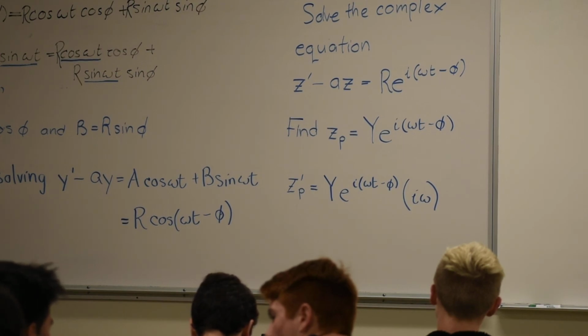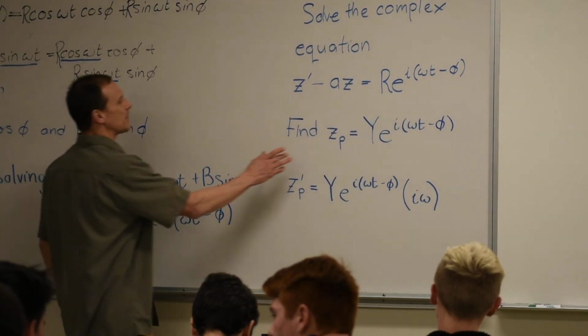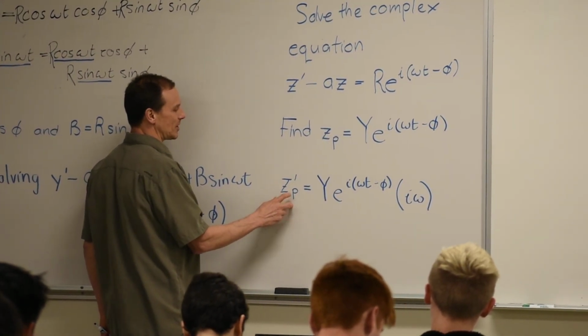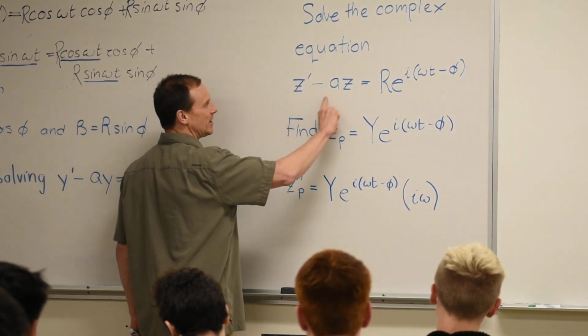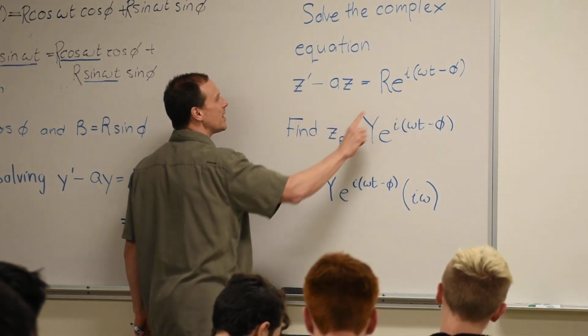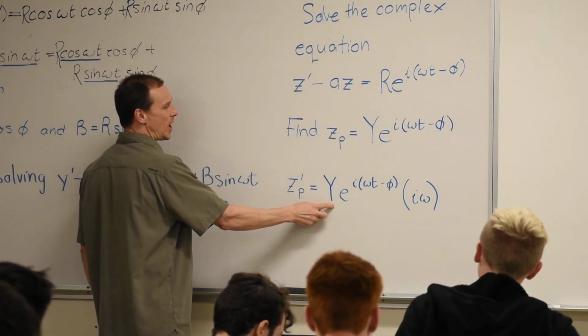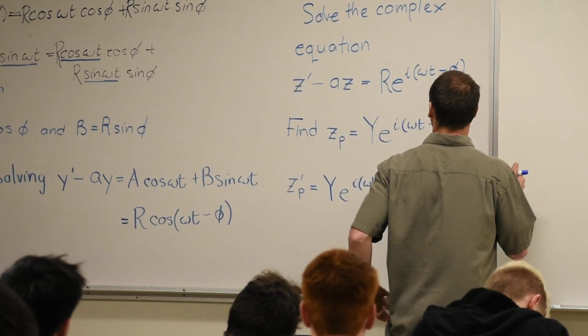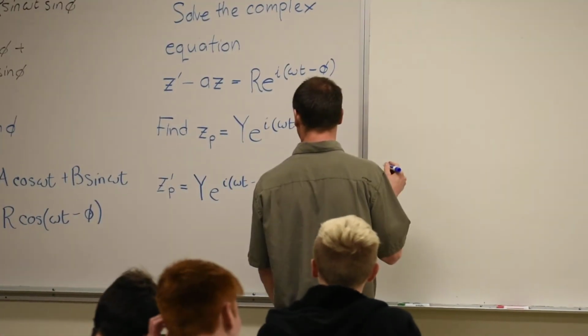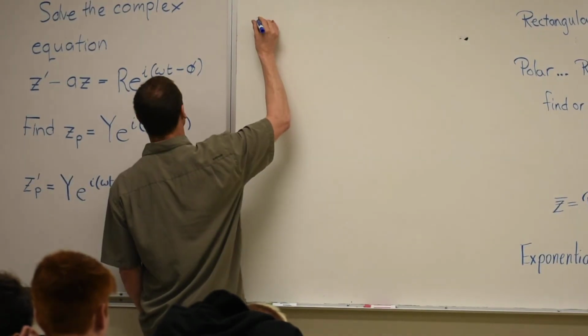Let's solve this. So we have z particular, z particular prime. What we're going to do is put these two values back into our original equation, and we're going to see if we can find y. So let's do that. So z prime is i omega